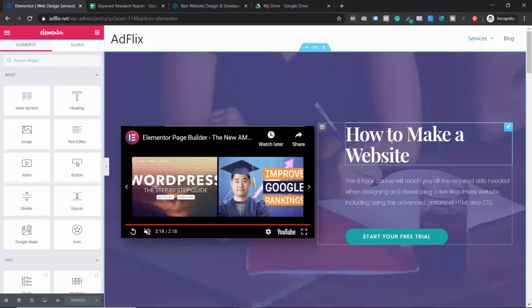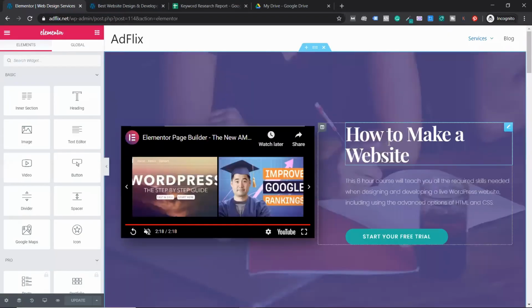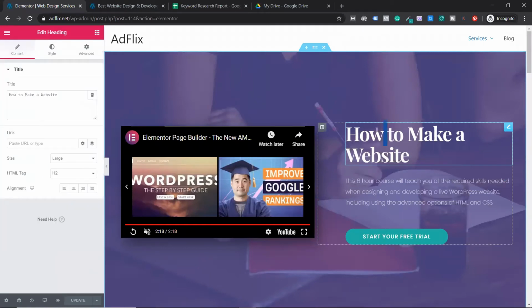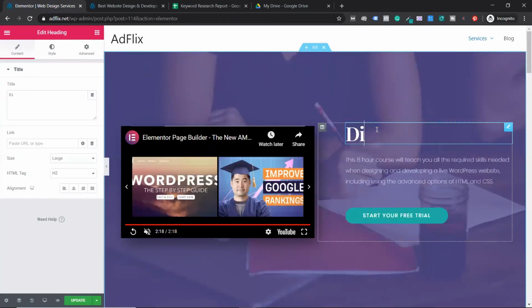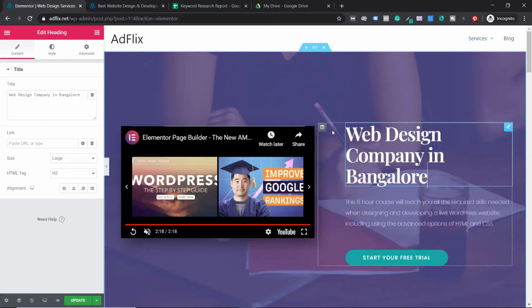Now afterwards, I'll go back and start writing. What is my primary keyword? Digital marketing. I think this is the page URL. I know, digital marketing company, Bangalore. So here I'm going to write it as, digital. Sorry, not design. I'm really sorry, guys, because I've been in a habit of writing that. Say web design company in Bangalore. If you still want to tune or make changes, you can use modifiers. You can use best web design company or number one digital marketing, web design company, whatever you want to use.